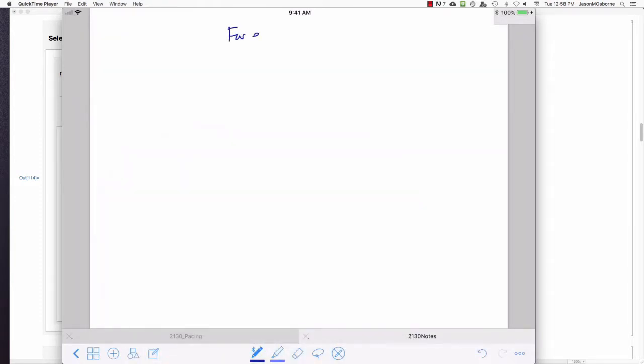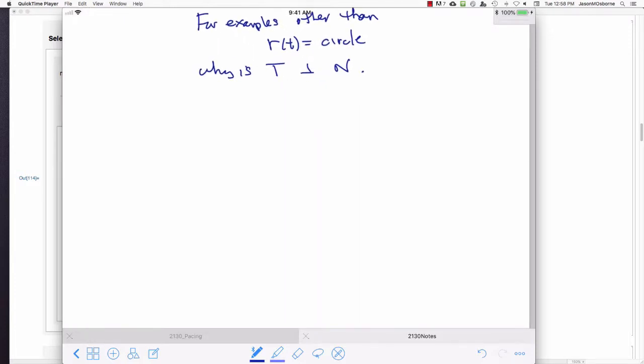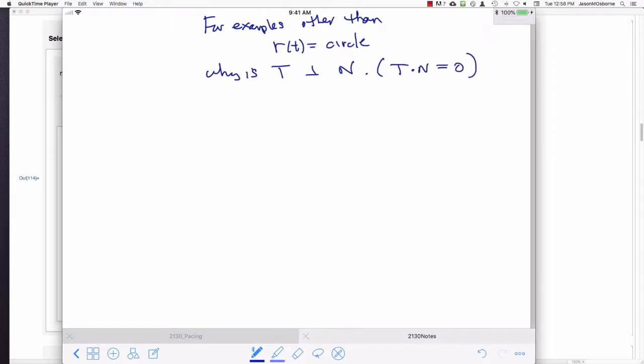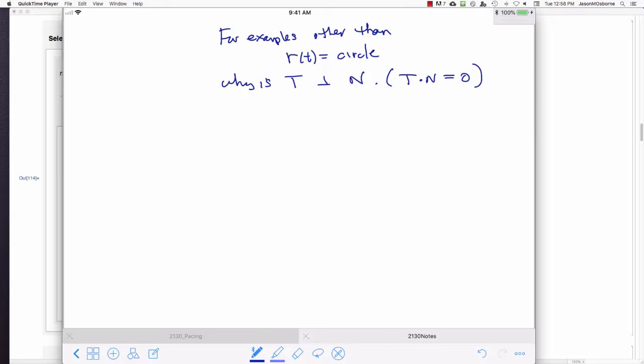For examples other than r of t equal to a circle, why is t perpendicular to the vector n? So we've seen that in the case of a circle, t is perpendicular to n. T dot producted with n does come out to be 0. But if your example is not a circle, in the case of, say, maybe a parabola, we showed in a previous video at every point,